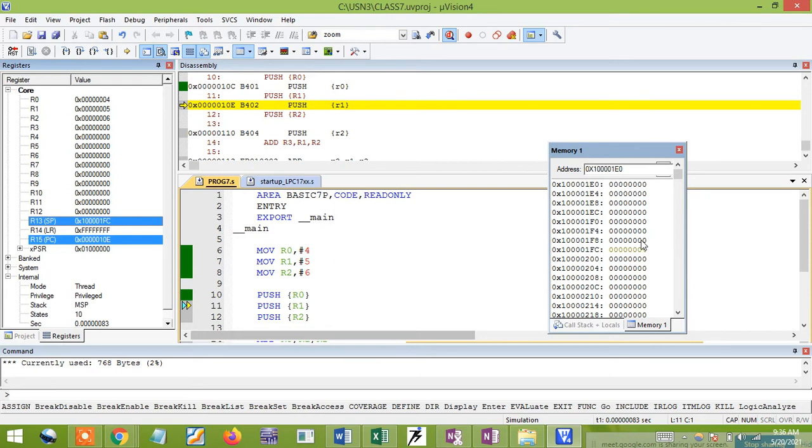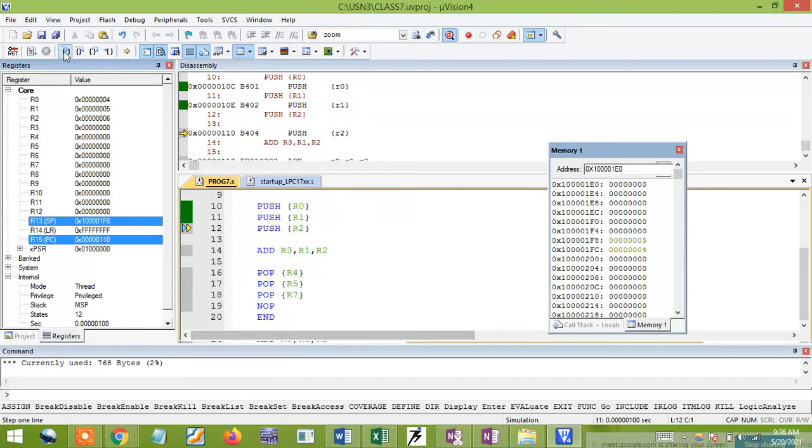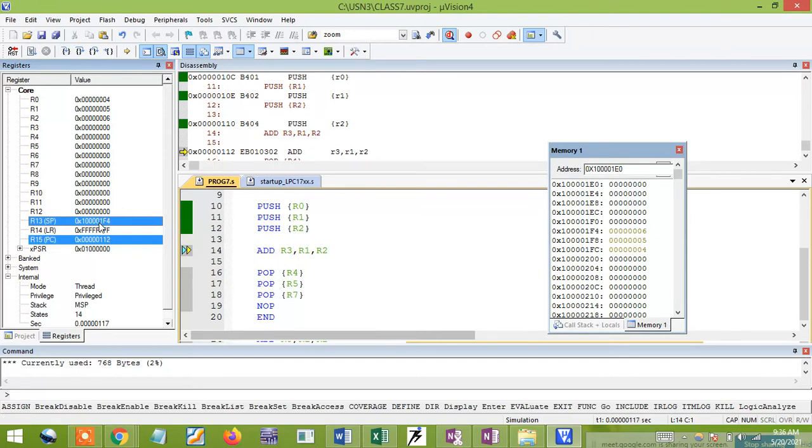Push of R1. Yes, just check it out. I'll get 5. Similarly, again I'm doing the push instruction. Again it will be decremented, 1F8 becomes 1F4, and it will store the value 6.